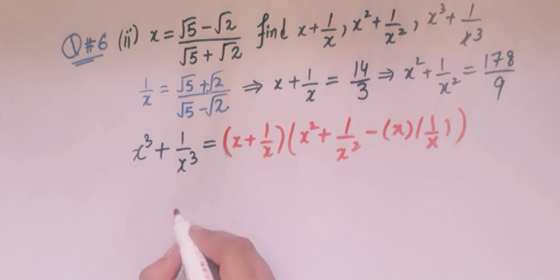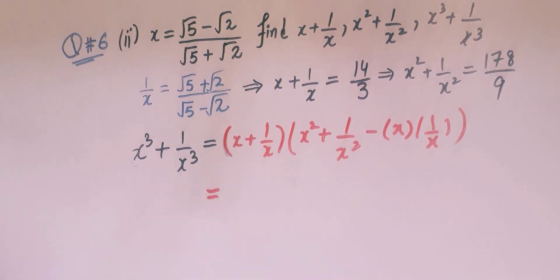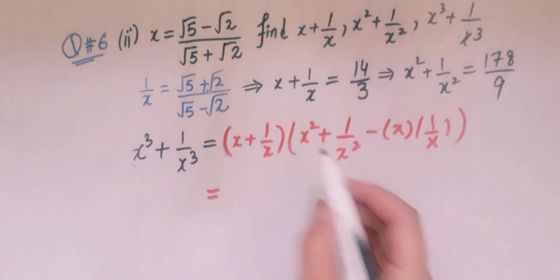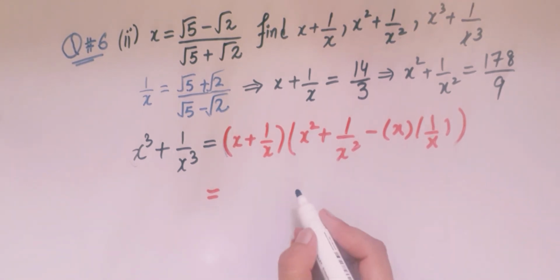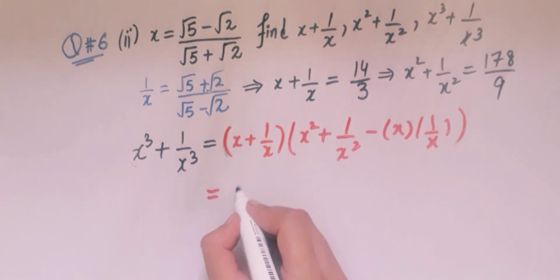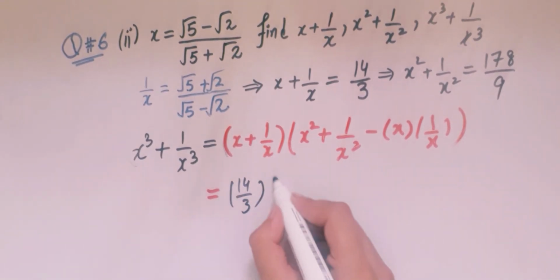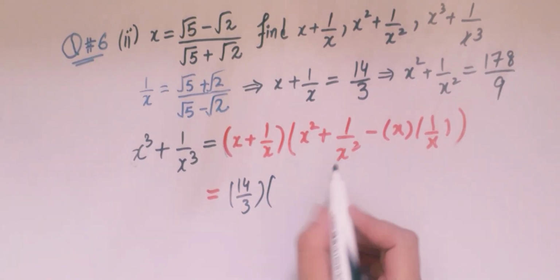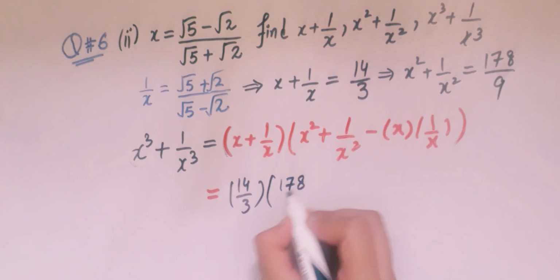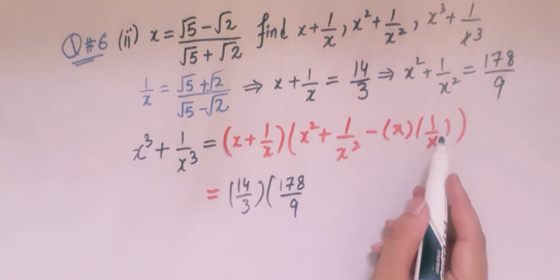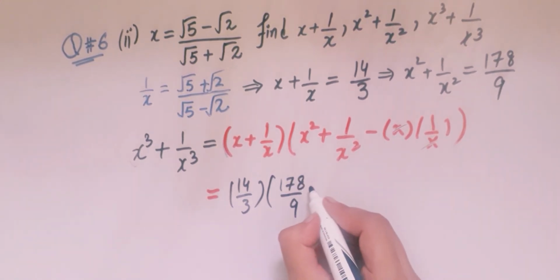So by putting the value of x plus 1 over x and x square plus 1 over x square, we will get x plus 1 over x is 14 by 3 and x square plus 1 over x square is 178 by 9, and x will be cancelled by this x and we have minus 1,